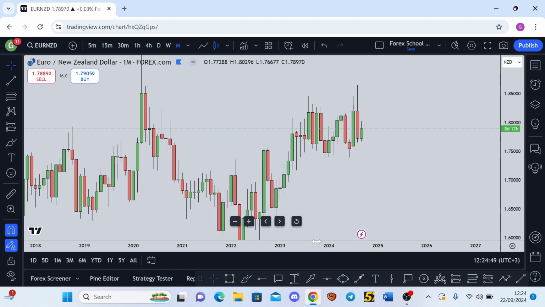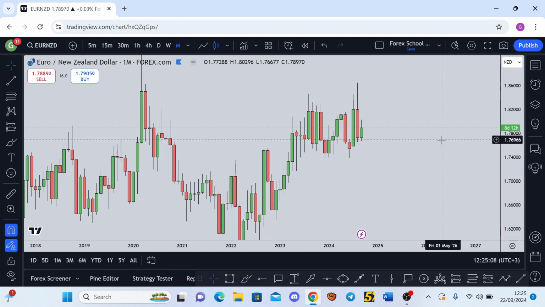Today I want us to do a quick analysis on the EURNZD currency pair. That's the Euro New Zealand dollar currency pair. We're going to do a top-down analysis to see where price is at right now and where we anticipate it to get to in the next coming few hours and perhaps a few days once the market opens on Monday